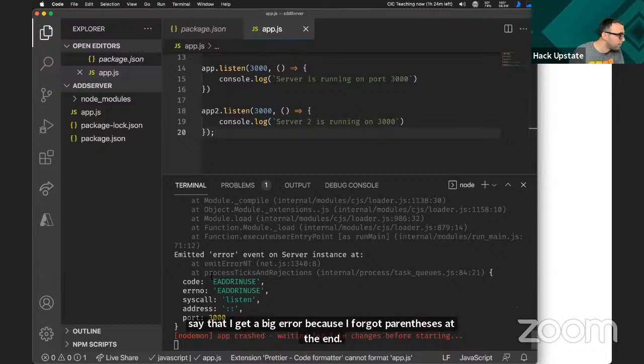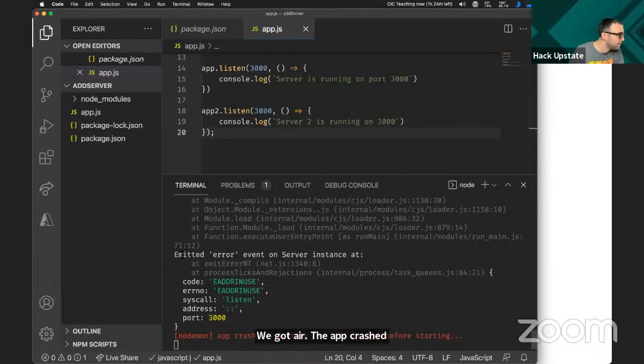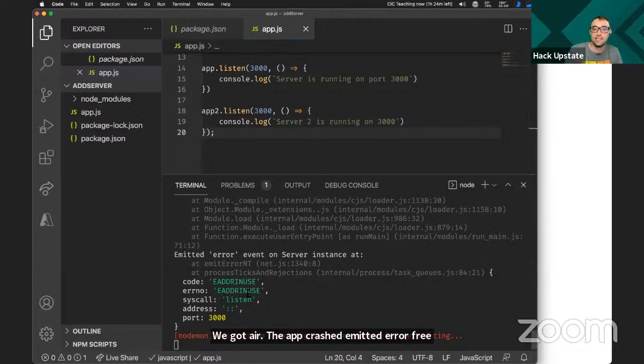We got an error, the app crashed, emitted error, address already in use, right? So our address is yelling at us because we're trying to start two apps at the same time.